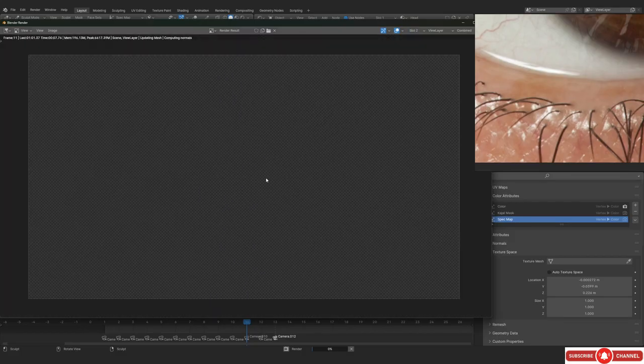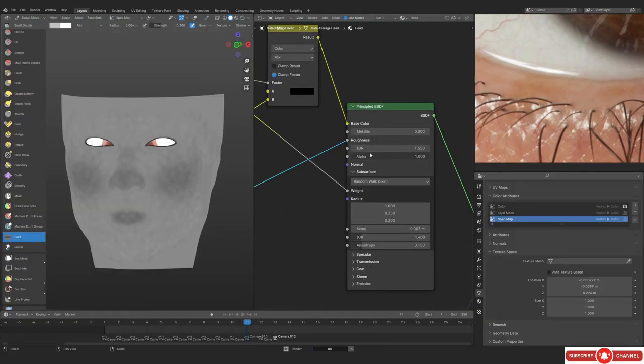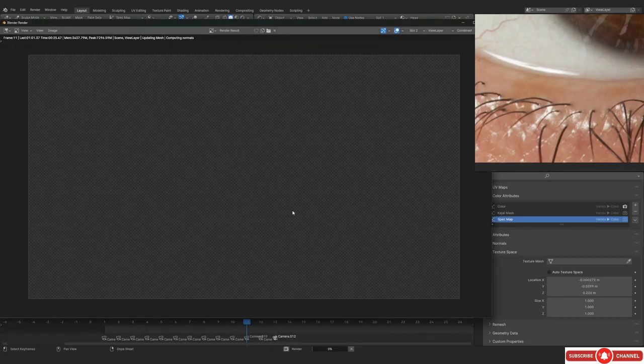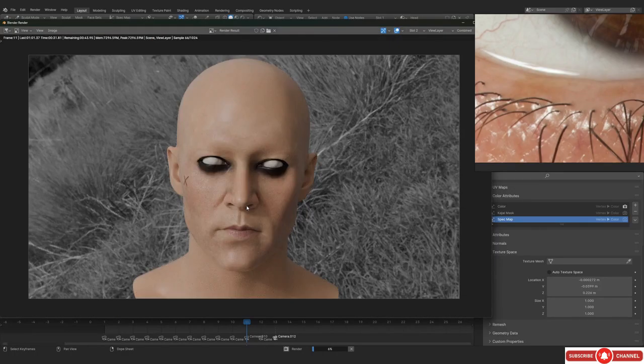So I'm gonna be putting this into a different slot so that we can actually just compare as well. And again, it is pretty simple. The first thing, the easier and faster thing, would be to just adjust it with the color ramp. And if you think that you cannot really make it look better with the color ramp, you always have the option to go back into the paint mode and basically adjust the color.